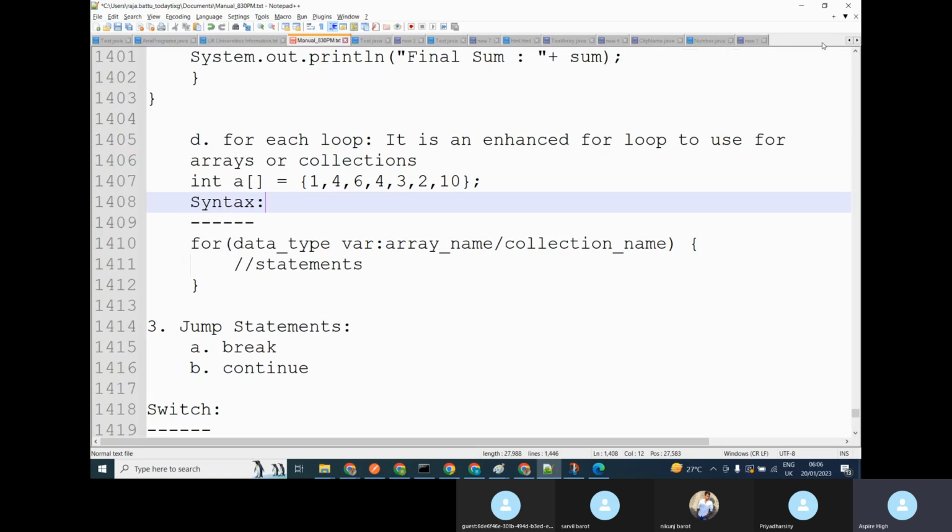Now I'm gonna write the same program for for-each. Here I'm gonna take strings instead of integers, because already we had taken integers in for loop. Okay, public class